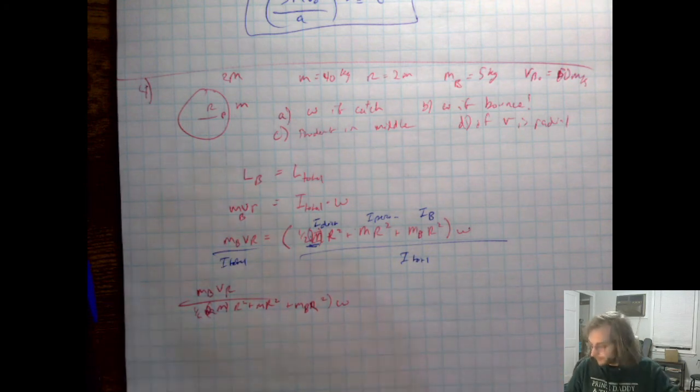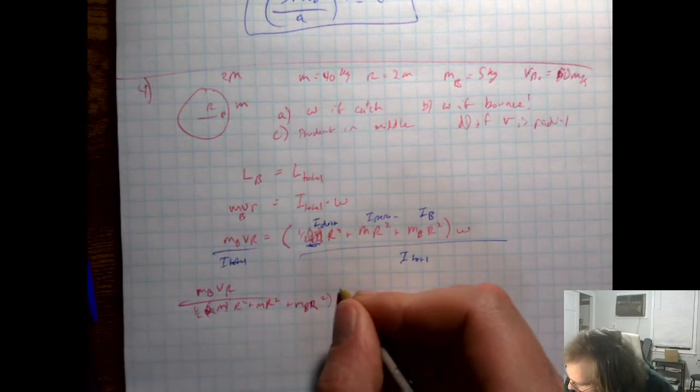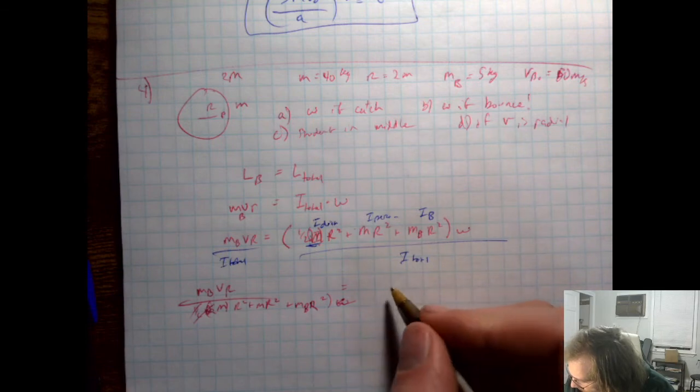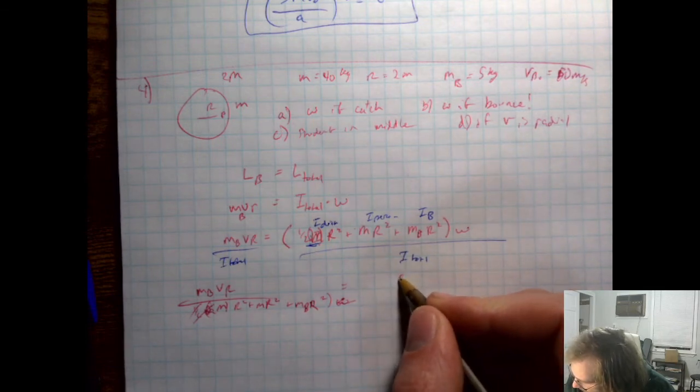Our 2 here drops, and we're left with the mass of our ball, which is 5,